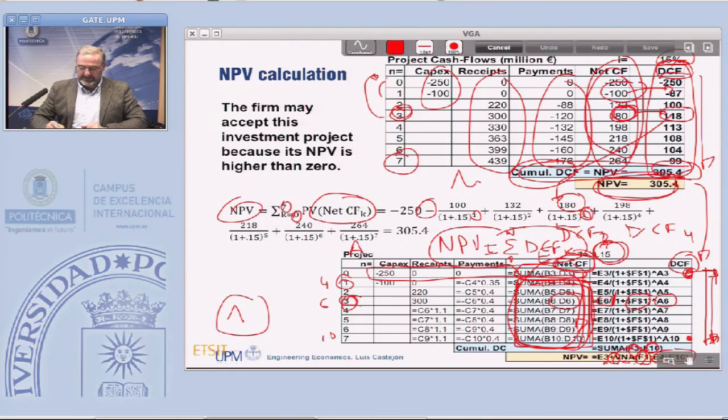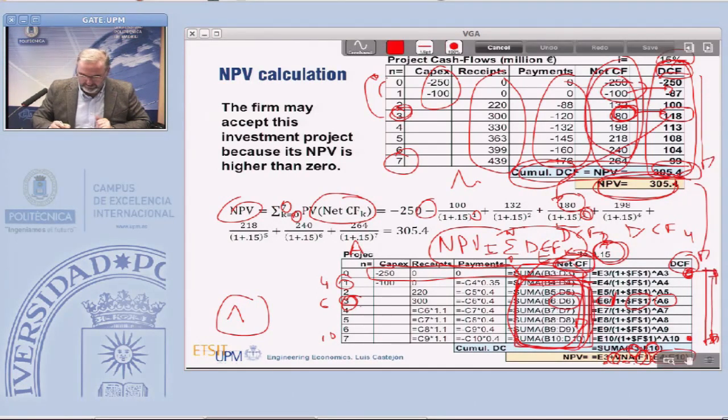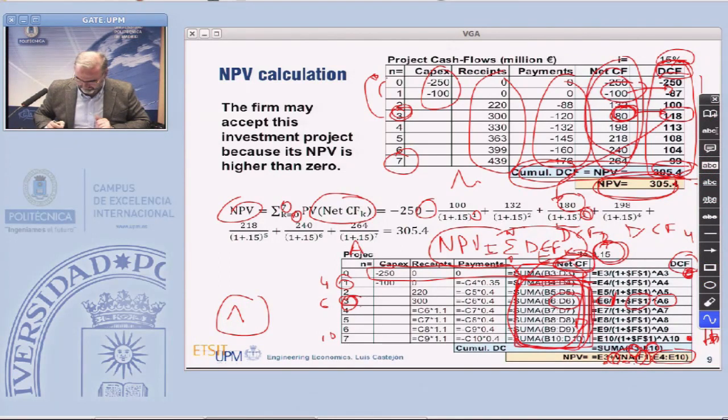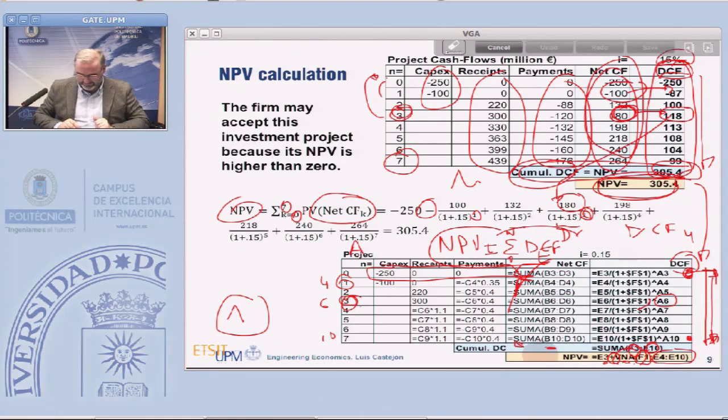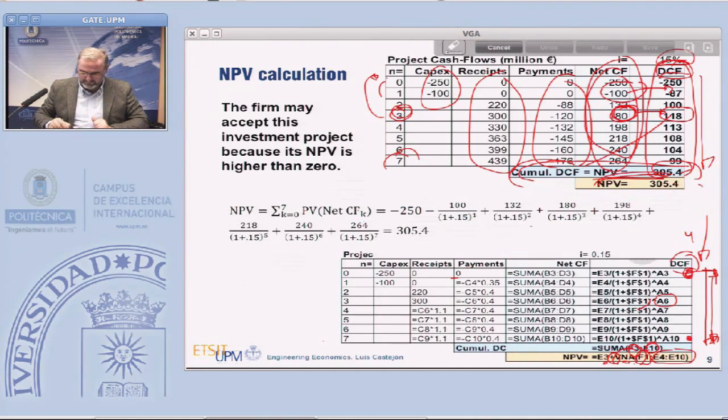What is the effect of the interest rate in the net present value formula calculation? Because as you see here, let me erase those. So you see here